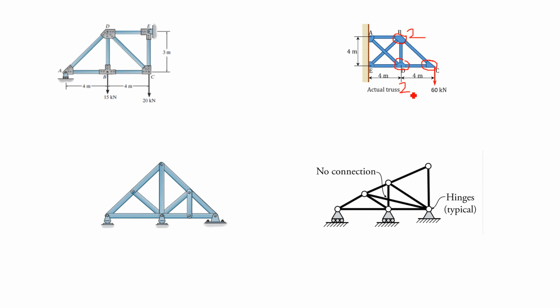So there are 3 joints. So for this truss, dki is very simple, that is 6. At each joint 2. Similarly here also, if you count 1, 2, 3, 4, 4 into 2, this becomes 8,